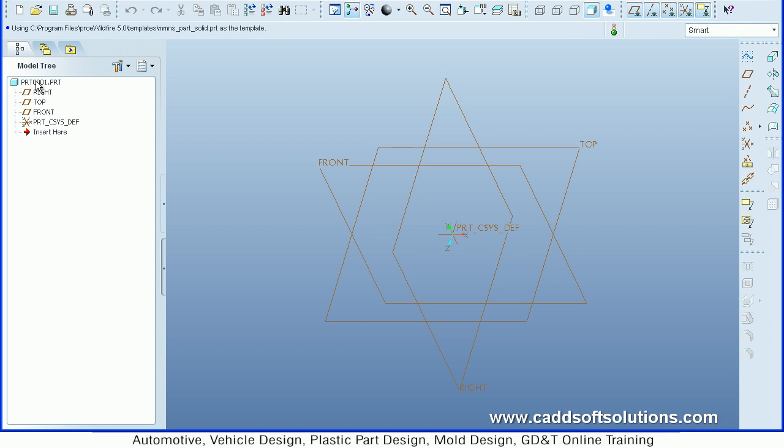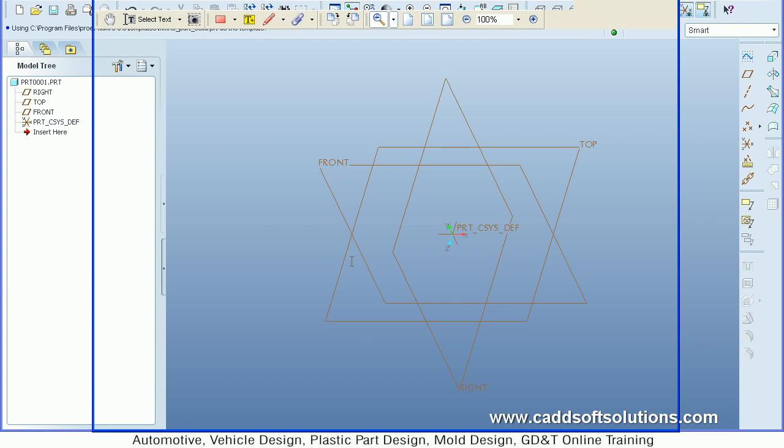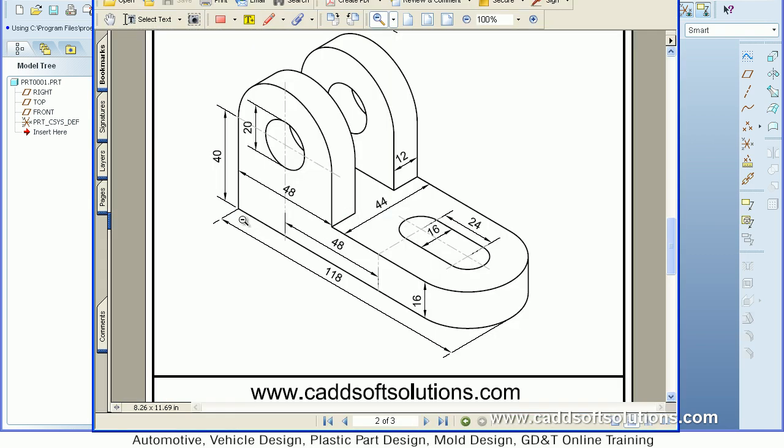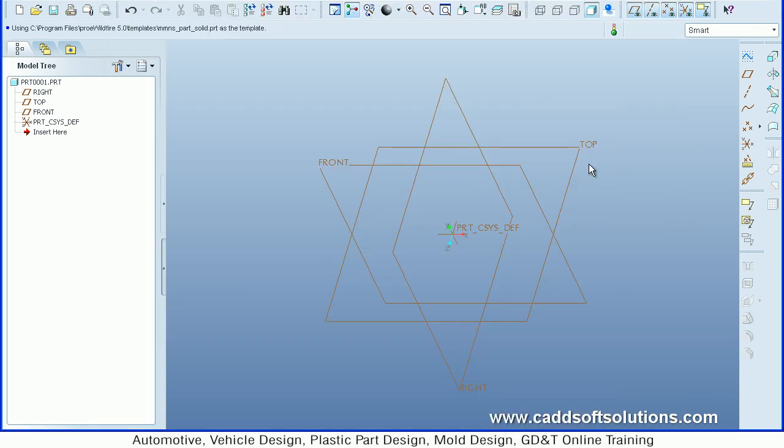So you can view here the three planes are there, right, top and front, and coordinate system is there. Where is the 0 0 is there. Now in order to create this part, at first we have to create this bottom part, that is of 118 by 44 and a 22 radius arc here. So at first we will create this rectangle 118 by 44. So we want to create it on top plane, so just select the top plane and say sketch.